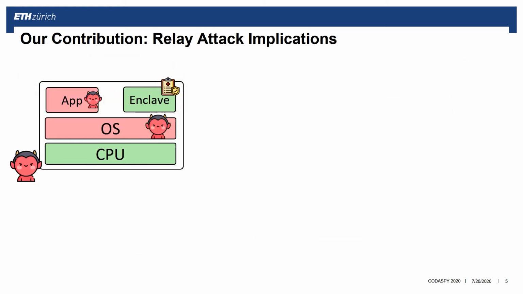So one may wonder what the implications of a relay attack are, or whether this is really dangerous or not. Apparently, this is also our first contribution of the paper: to understand what kind of implications the relay attack has. The first problem is that the attacker fully owns his platform, so he has unlimited time to do a physical side channel attack on this platform.